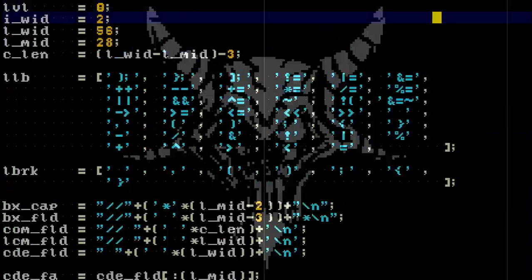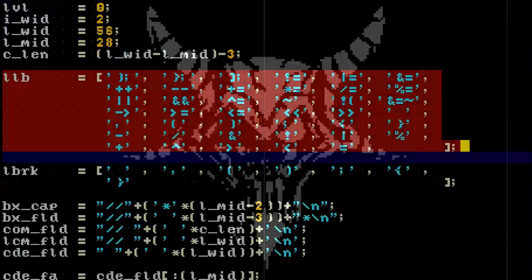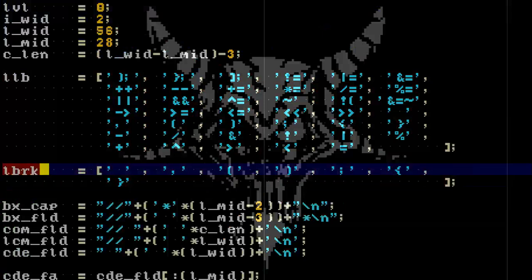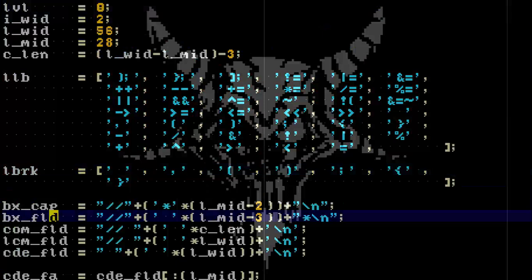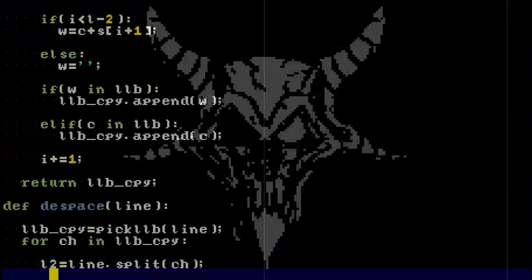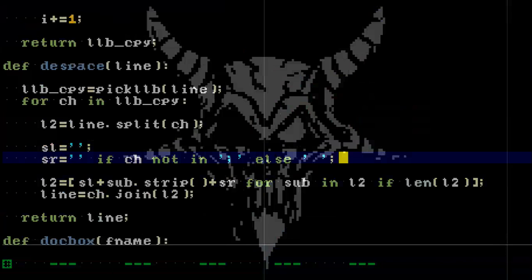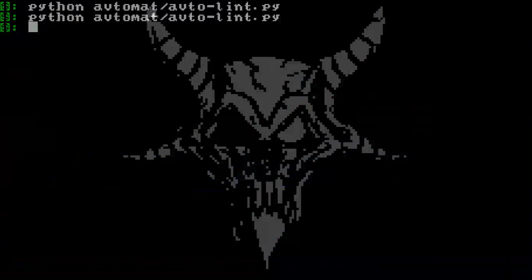So the difference, at least in my head, between LLB and L break is that this one would be used to break lines, right? So breaking lines into multiple lines. But I'll get to that later, on a later date, rather. So yeah, let's try that and see if now we get